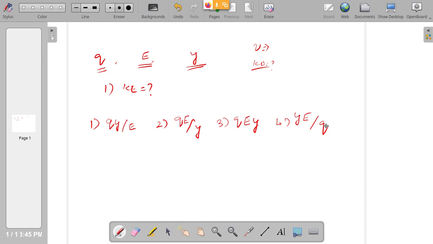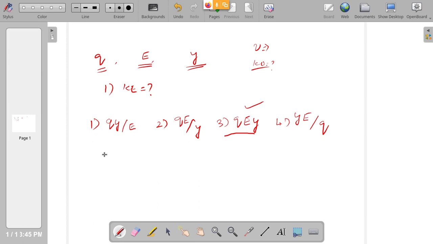Fourth option. See, okay. QE. Okay, so it is actually QEY. This is the answer actually. But fourth option, why you are telling fourth, it is because EY by Q. See, E is going to be force by Q, right? So if you do force by Q, it will not be correct, right? That will be Y divided by Q square then. So that cannot be answered. Actual option is third option.